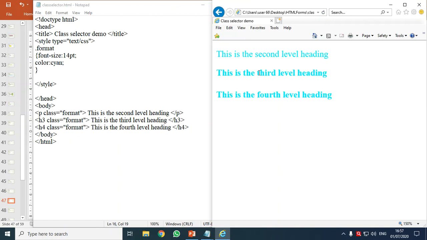Observing. So all three, the P tag, the H3 and the H4, all the three pieces of text have got the same kind of formatting, correct? So my code readability is also increased, redundancy is reduced, correct? Right? So it has become easy now.